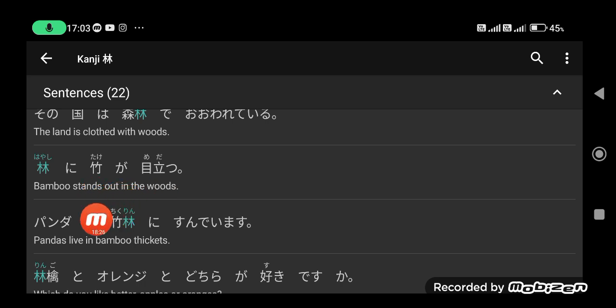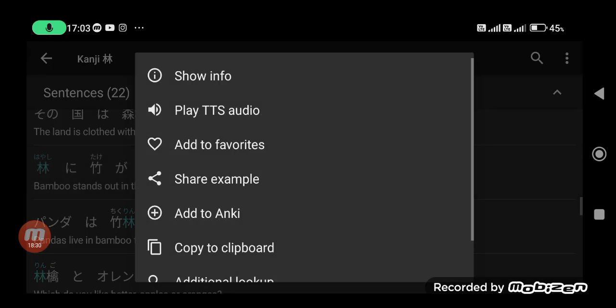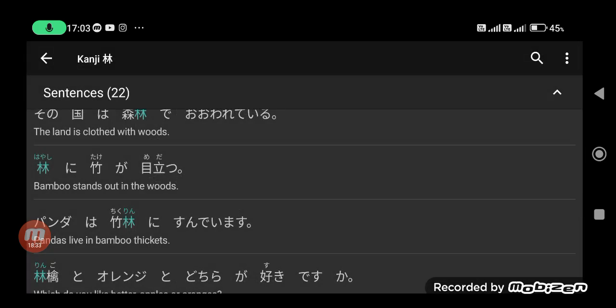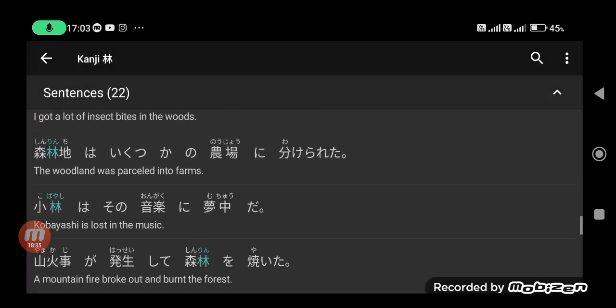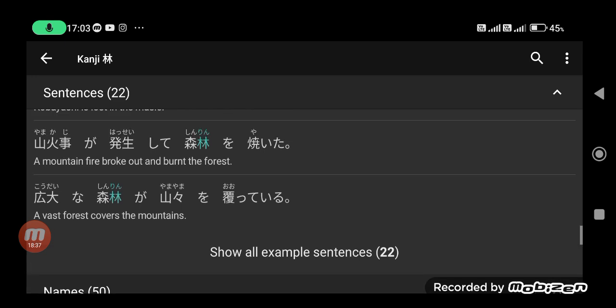Take is bamboo. Medatsu is being obvious or conspicuous. 林に竹が目立つ。